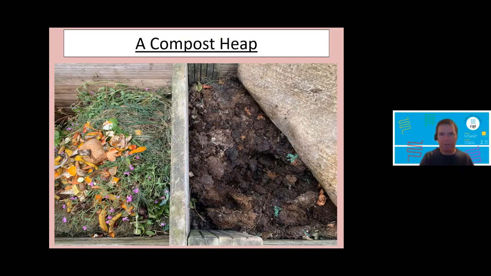Right, so here we are. Here's a compost heap. This is a picture of my own compost heap, and it's divided in 2. You've got the left-hand side here. That's food that I add every day. And then the right-hand side is what the left-hand side would look like after probably about a year. And you can see what's happened there is it has decayed, it's rotted down. And we need to understand that principle before we can start talking about the cycling of nutrients.